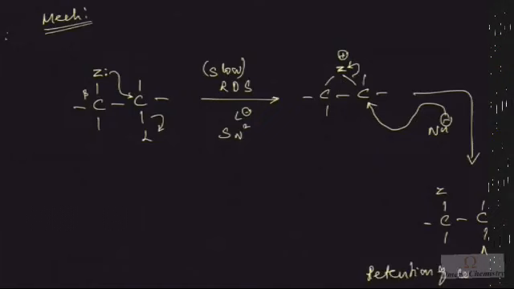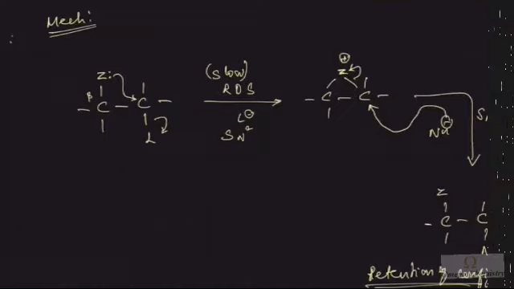and of course the attack of nucleophile will also be SN2, right? Because it attacks from the opposite side. So two SN2 reactions, two inversions will give you retention of configuration. Now such reactions are known as anchimeric reactions or anchimerically assisted reactions. Now here we can understand that the rate of the reaction doesn't depend upon the concentration of nucleophile, as the slowest step doesn't involve the nucleophile, right? So I can write the rate is equal to K into only substrate, not the nucleophile. That's why it is SN1.